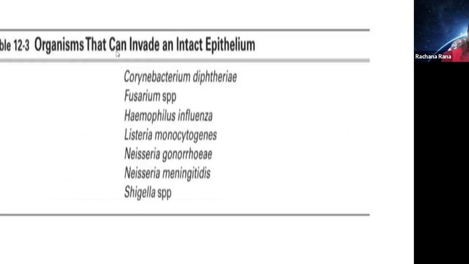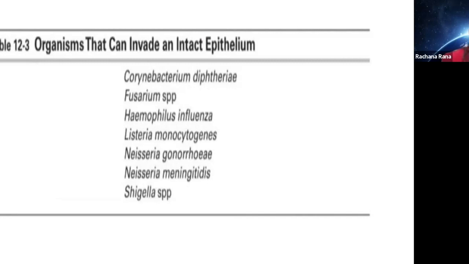So these are the list of the organisms that can invade the intact epithelium: Corynebacterium diphtheriae, Haemophilus influenzae, Listeria monocytogenes, Neisseria gonorrhoeae, Neisseria meningitidis, Shigella species. So Fusarium is also added to this list. I think the names of these organisms should be known by the residents, because this is a very important question